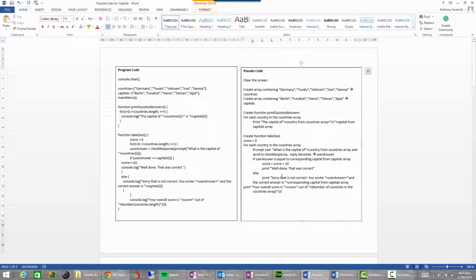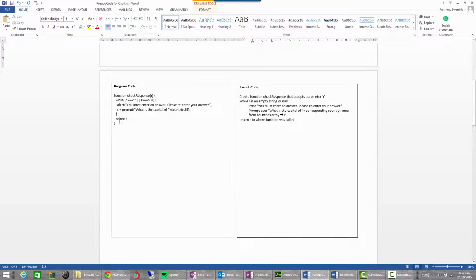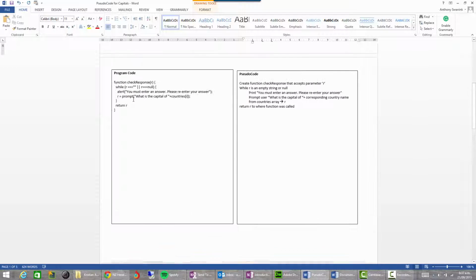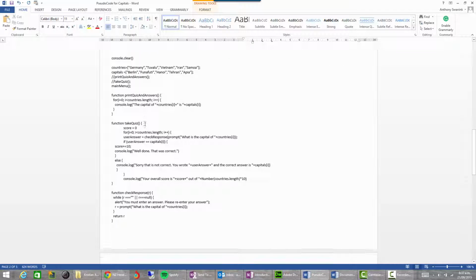Alright, so what I'd like you guys to have a go at is this check response function, and then we'll get you to do some other functions as well with the pseudocode there. Okay, so good luck with that, and I'll be getting you to send me